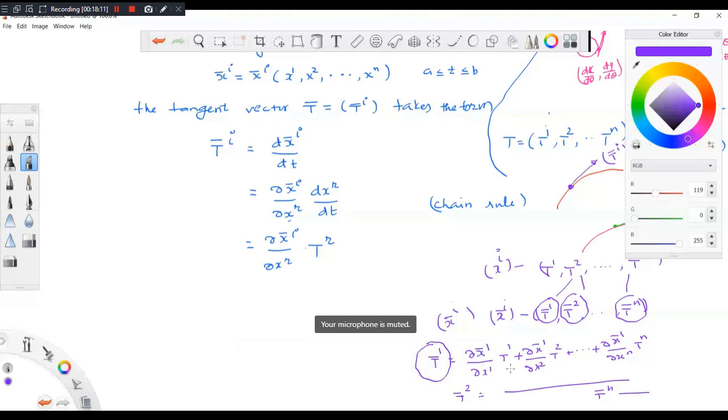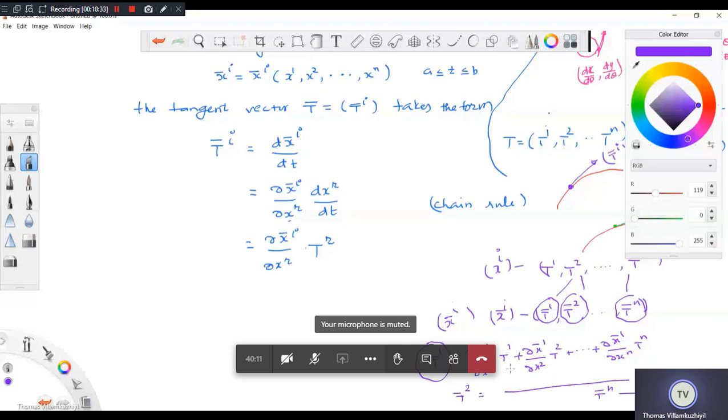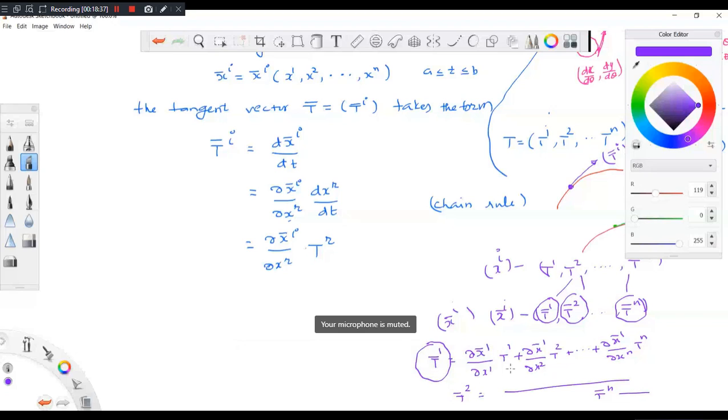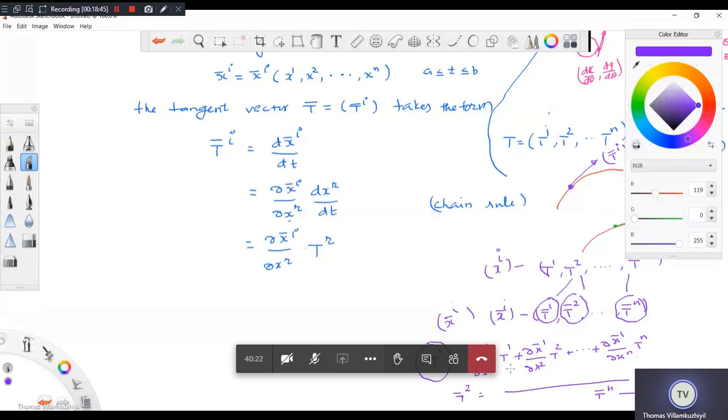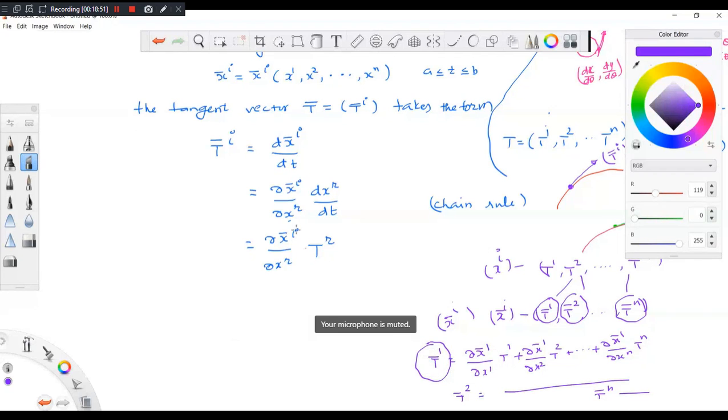But when I change the coordinate system to spherical polar coordinates, what are the components? I should look at the component in the radial direction, that is rho, and then the phi direction and the theta direction. You can refer to the figure which I gave in the last class. These components are certainly different from the components in the rectangular coordinate system. But this relation will tell you how these components change when you change the coordinate system.